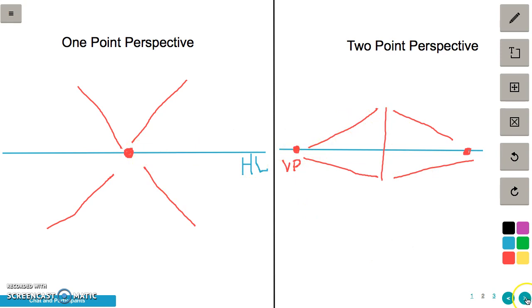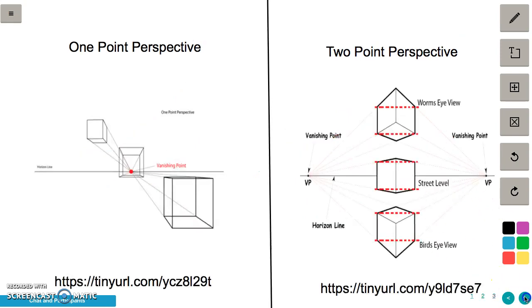So I'm just going to show you how this plays out because this is not the cleanest. So here we go. Here's actual cubes drawn to those vanishing points. As you can see, they have the horizon line, vanishing point, and all of the lines of everything are converging to that point. Now, these lines are not, because as I said, you're looking at it straight on, so you're going to have that flat part of your image. Over here in 2 point, you have the corner, and then all of the other lines converge, except for the